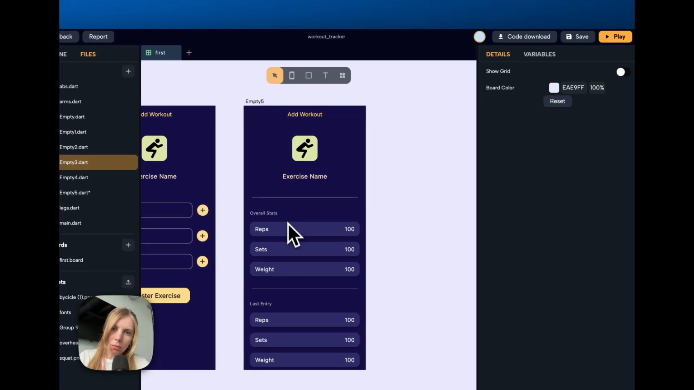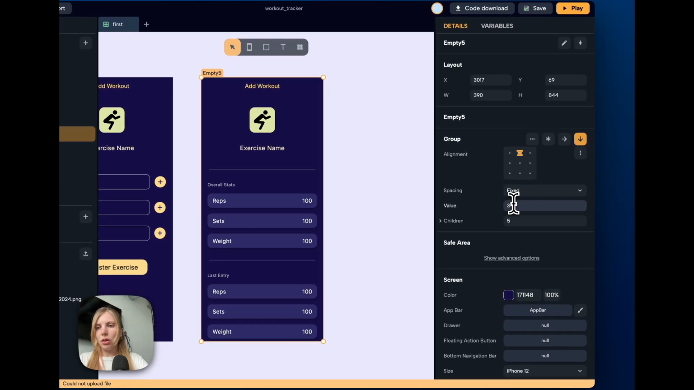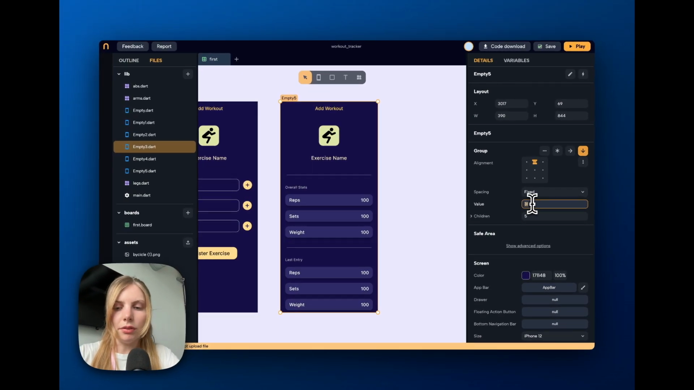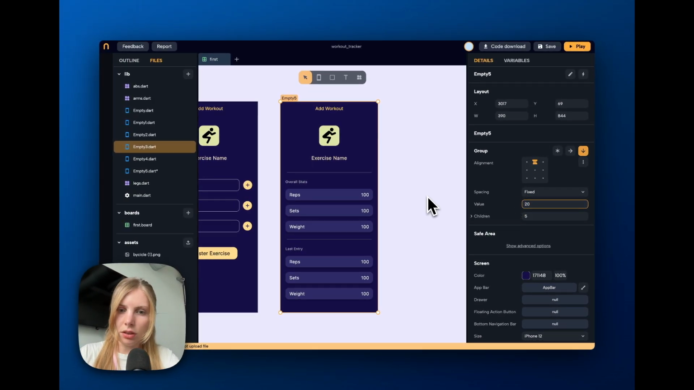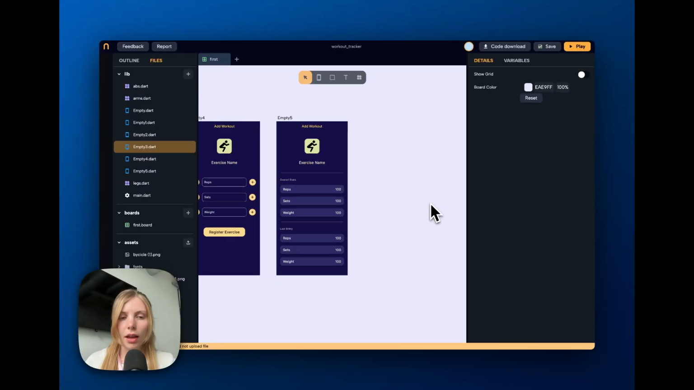Now there is a little bit too much space in between all the widgets, so I can select the main screen, and from the details panel of the column that we created before, we can change the spacing value. Let's pick a smaller value, like 20. And now it's perfect. Now let's design the last screen, which is gonna be the settings screen, where the user